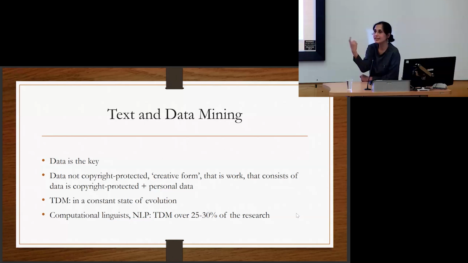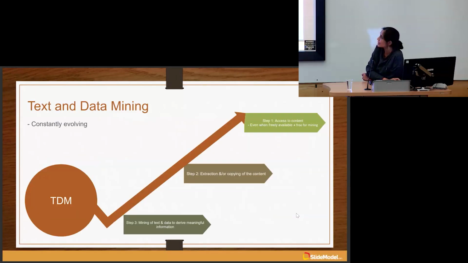If I look at the entire data that is being used to train these GenAI models, in order to derive something, to make an output, or even for synthetic data generation, what is it that I'm engaging in? I'm engaging in a process called text and data mining, right? That is the backbone of all these processes. The question then is, how am I using text and data mining, and at what stage of the value chain in this text and data mining does infringement from a legal perspective